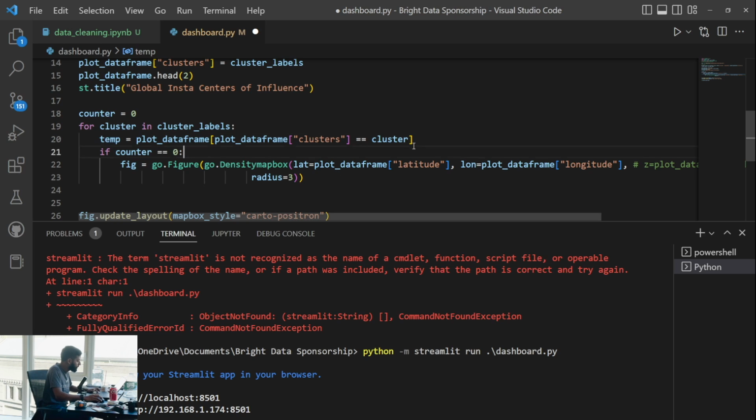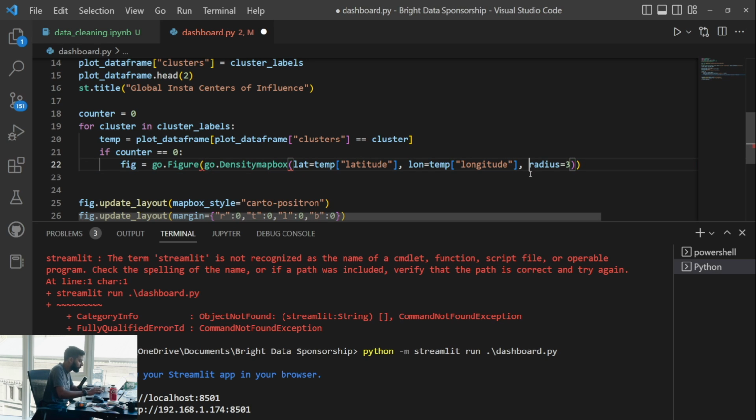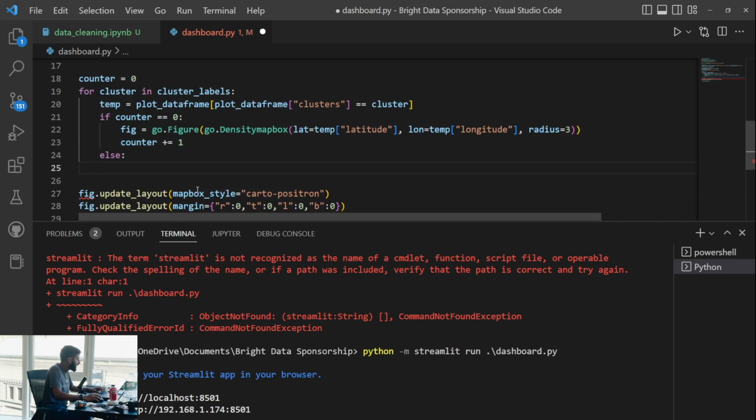Then we need to switch these out over here. And let's just shrink this. Why use more lines when we don't have to? I shouldn't save because, and then else. Oh, and then counter plus equals 1. Otherwise, if we've already plotted, if we've already created a figure object as we did over here,